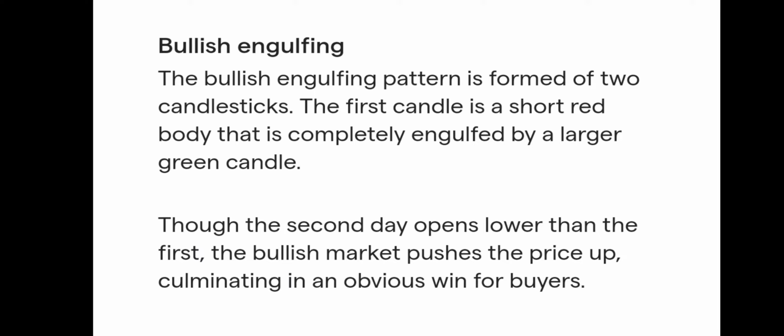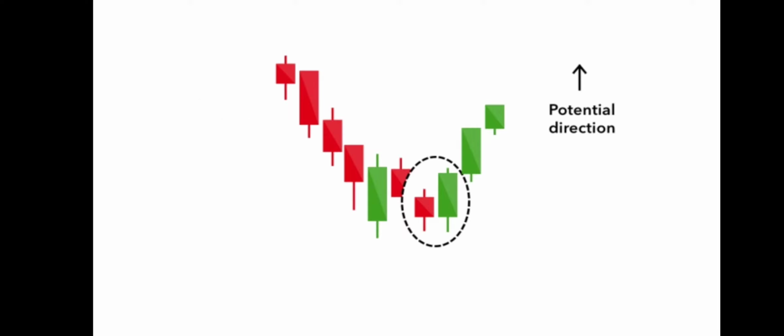And the next candlestick pattern is a bullish engulfing. What is a bullish engulfing? A bullish engulfing candlestick pattern is when there is one bearish candle and another candle is bullish, and this candle's size is bigger than the previous candle, and this candle engulfs the whole previous candle, meaning it covers the whole previous candle. Then this candle is known as a bullish engulfing candle.